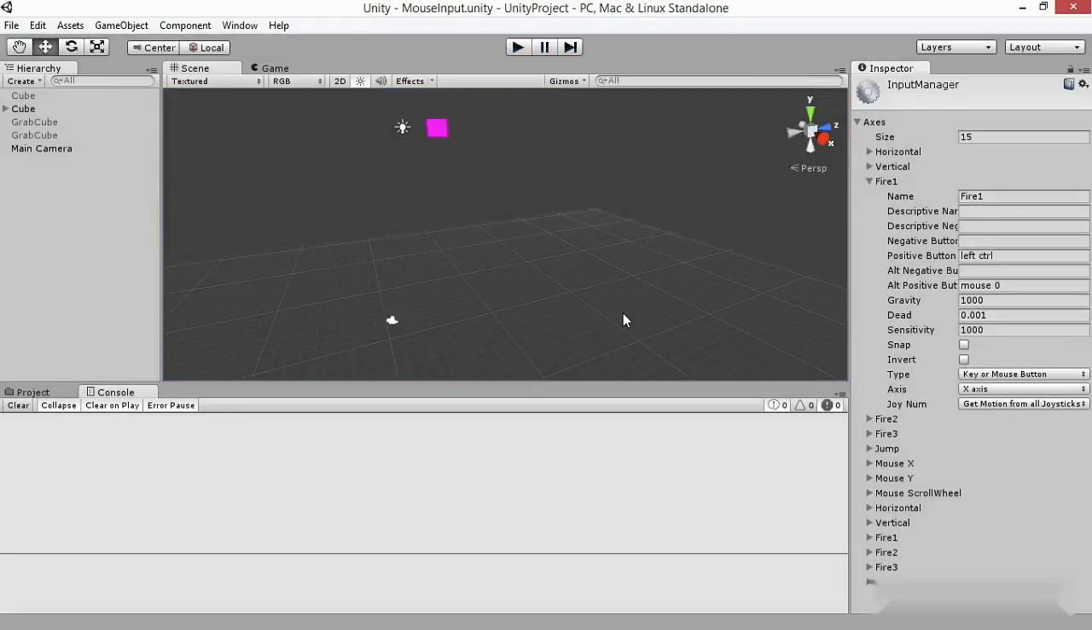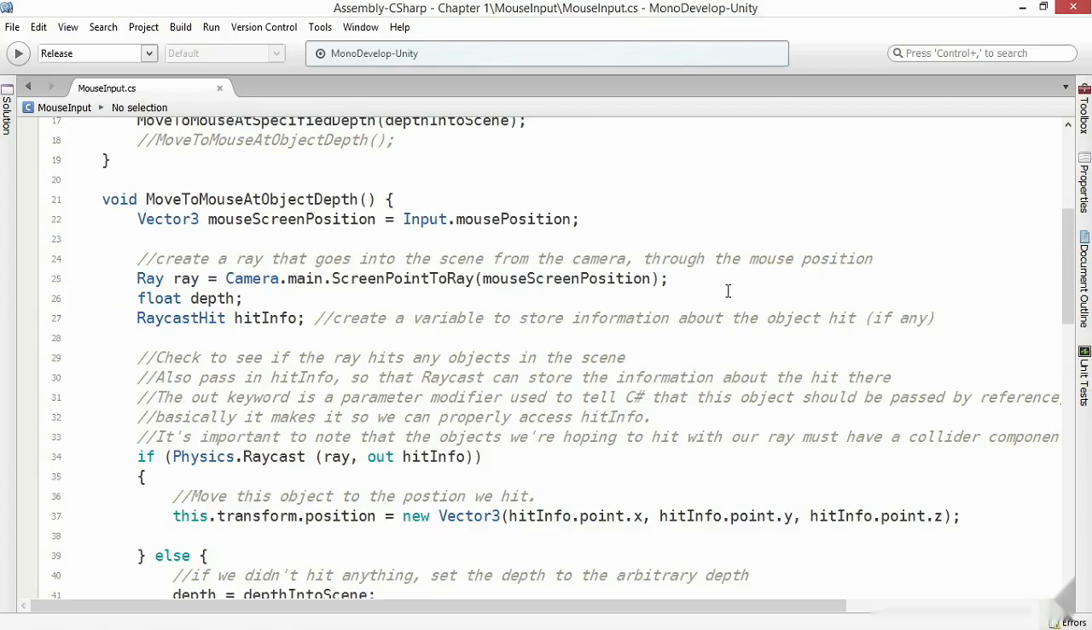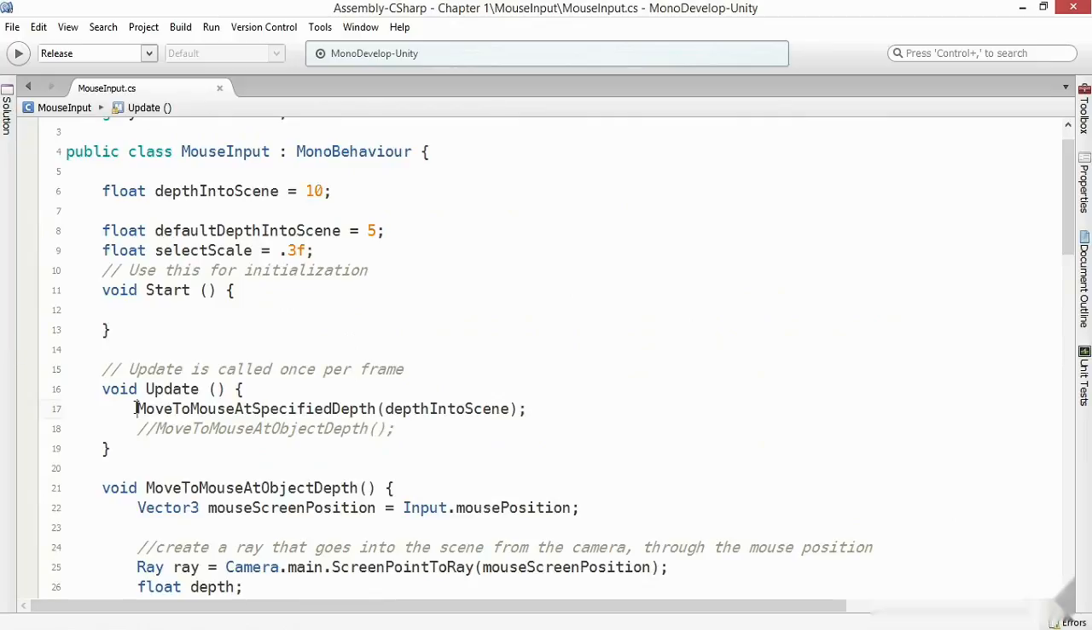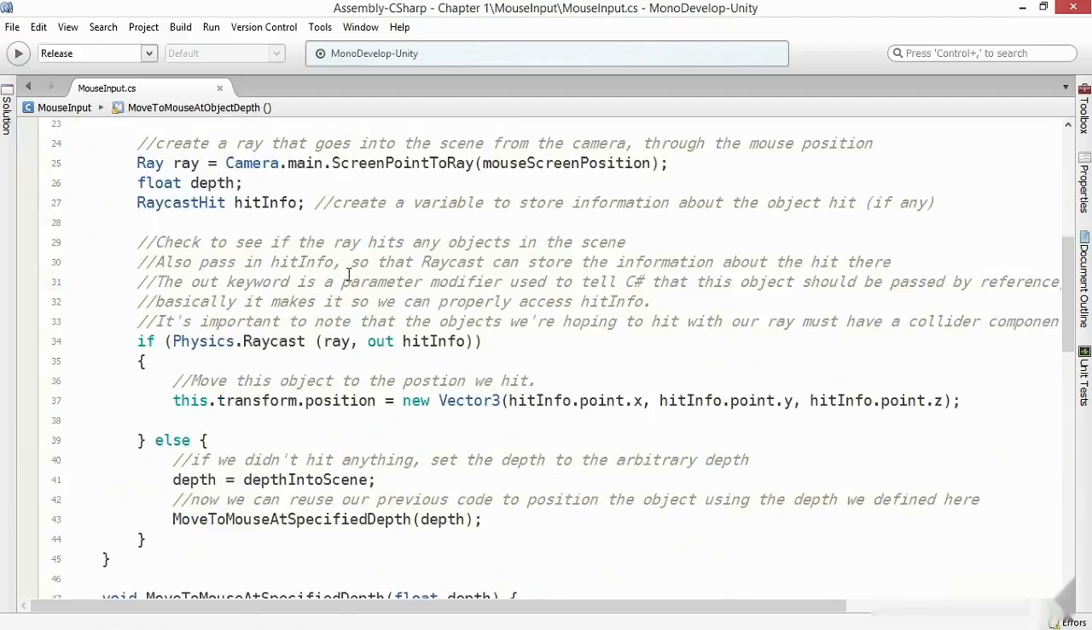Another way to determine depth into the scene is to cast a ray and see if it hits anything. And then we use the object that it hit as the depth into the scene. Let's change our code a little bit to use the new object depth function. This will take the screen position